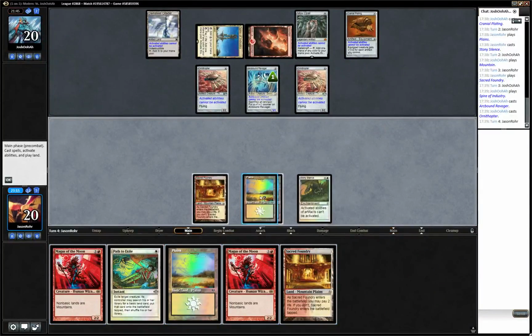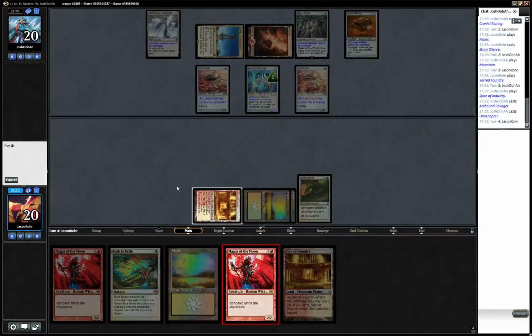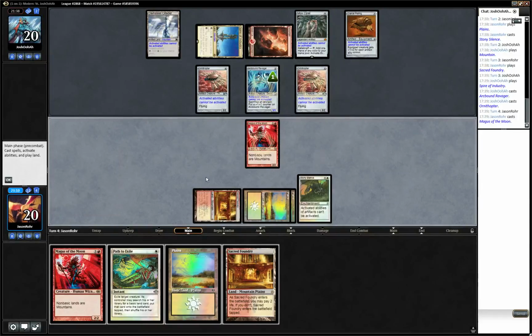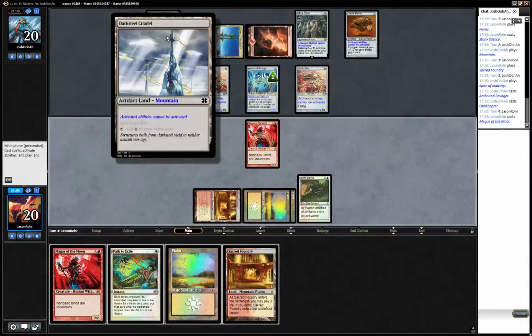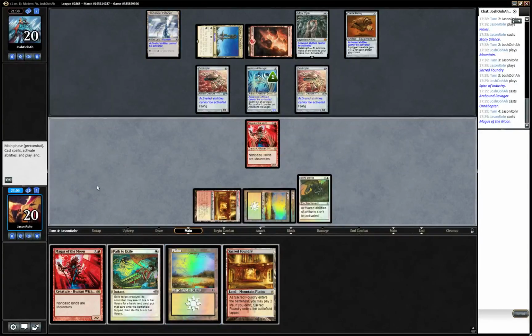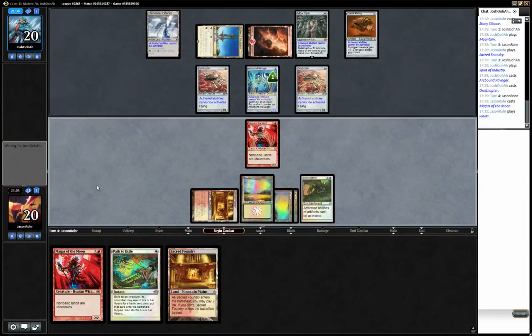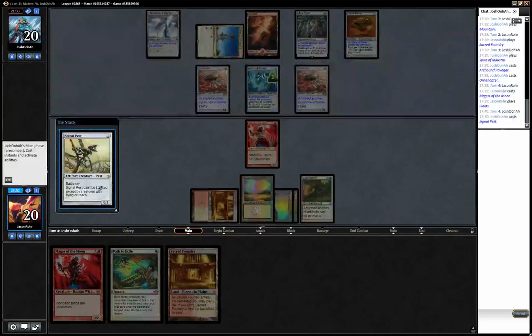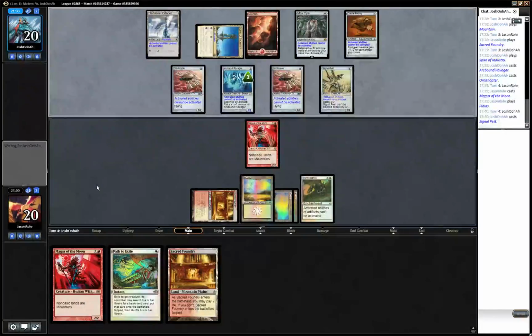Keep drawing these Sacred Foundries though, which are not that exciting. So it's still an artifact. Okay, that's good to know. So they still can't activate it. Okay. So just pass here. Signal Pest, fine. So now they can start